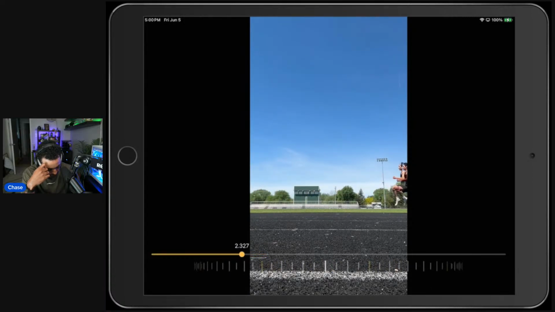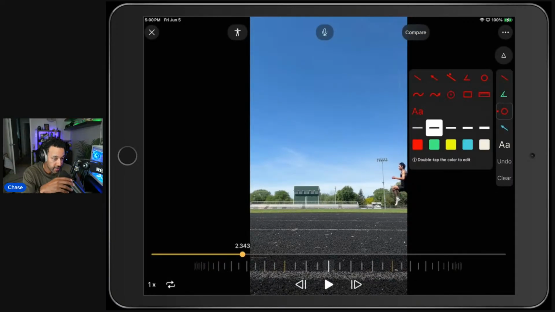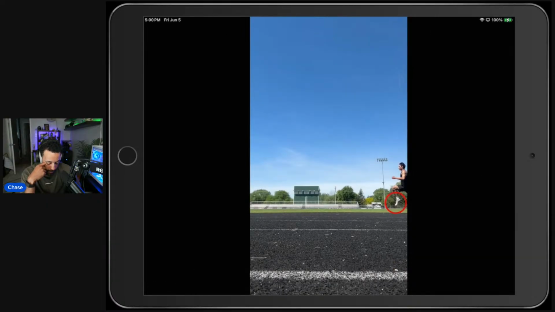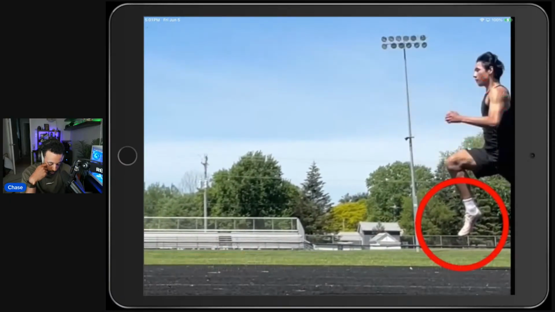Okay, so what I think can be improved. I think David hits a little bit in front of his center of mass, and this is why. Okay, that toe is pointed straight down. That is not a dorsiflexed toe, and as a result,